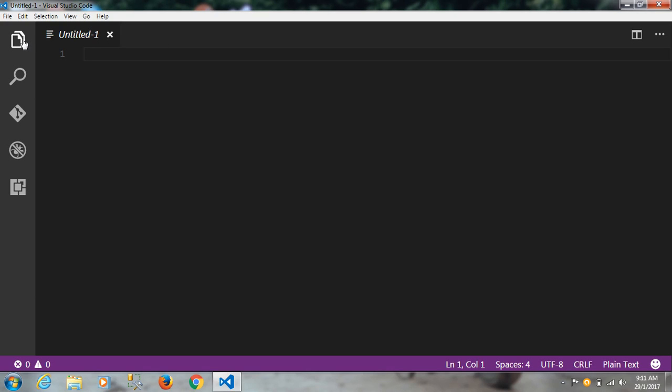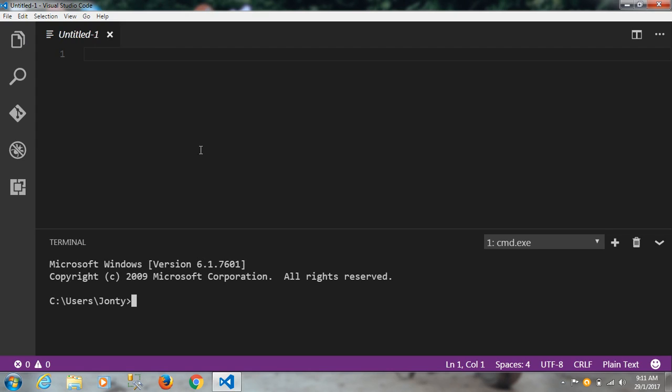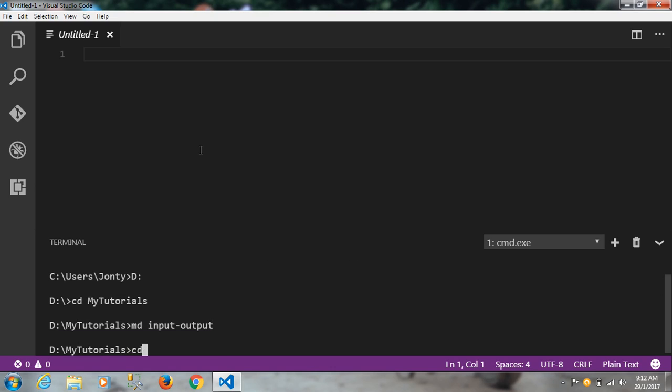So first, what we'll do, we'll open our command terminal. Then we'll navigate to our destination folder, in this case it will be my tutorials. Inside that we'll create another new folder. So MD, we'll call it input output. So go inside that,